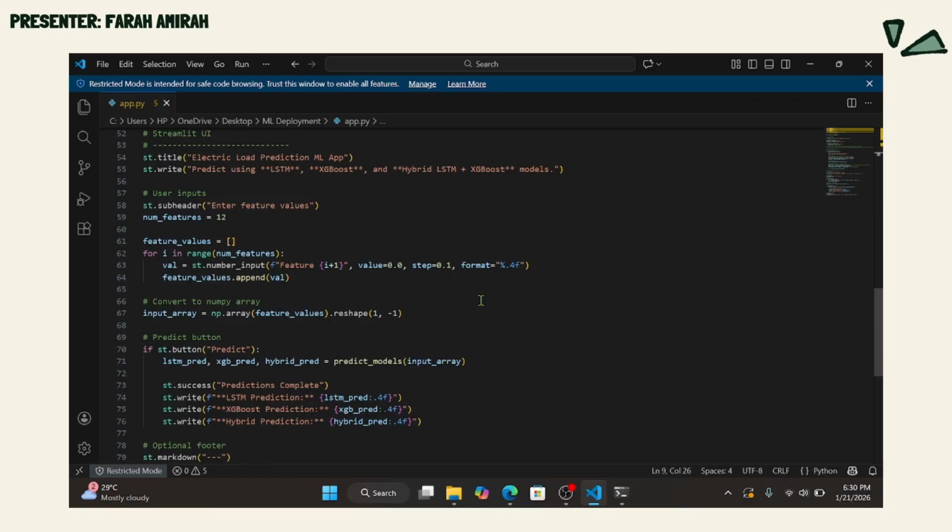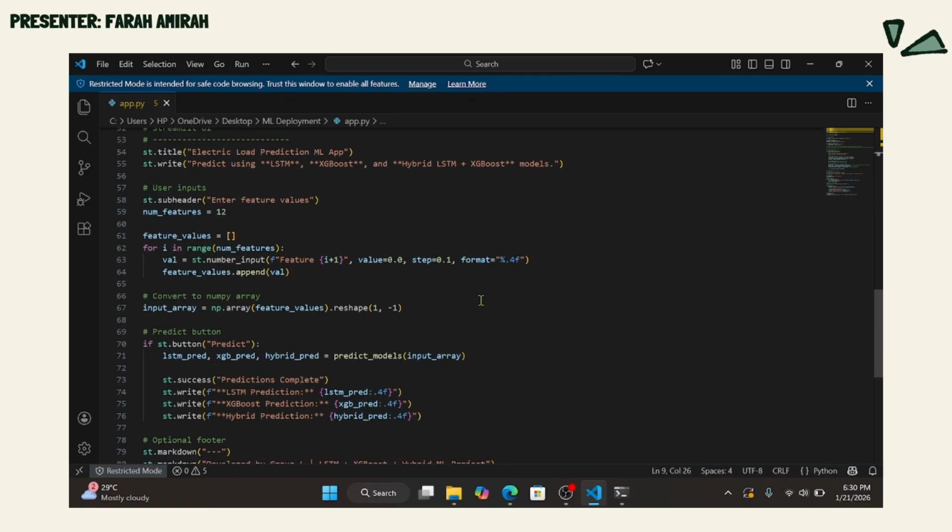And this application runs locally on a Windows machine. To start the app, we first need to open our command prompt in the laptop and find the path of the file first. And then we can continue to open the Streamlit by typing this command.